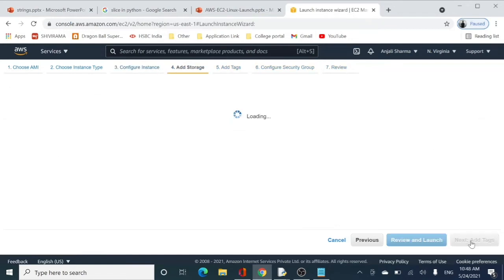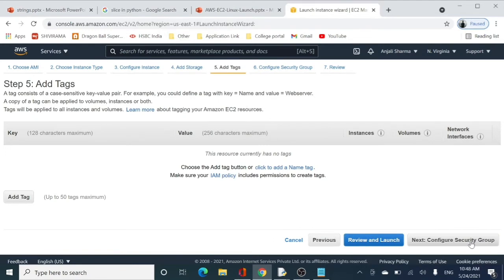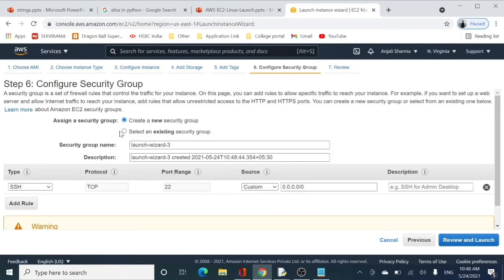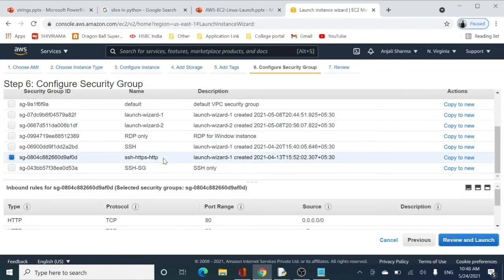So let us move to add storage, let it be, and I shall be going to my security group, and this time again make sure that for the security group you will be using a security group that allows HTTP also in it, right?